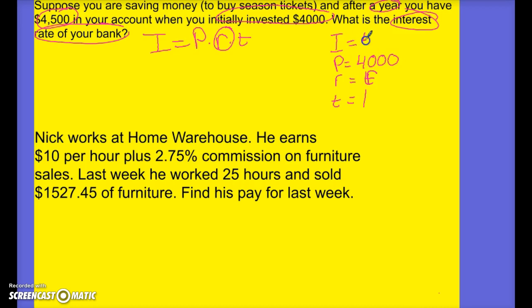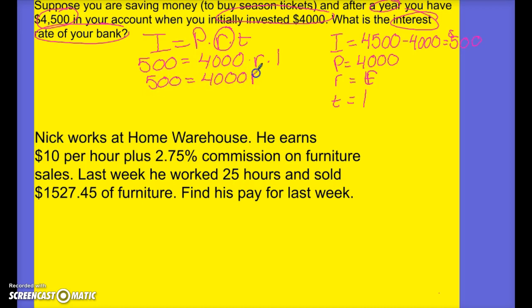So you know your principal is 4,000, but your interest is not 4,500. That's what you have. So you have to take your 4,500 minus what you invested, and you get $500, and that's your interest because that's how much you gain from your principal. So you just plug it in, and you get 500 equals your principal 4,000 times R times 1. Well, 4,000 times 1 is just 4,000. So you have 500 equals 4,000 R divided by 4,000. 500 divided by 4,000 is 0.125 equals R, but you always have to write it as a percent. So you move it over 1, 2, 12.5%